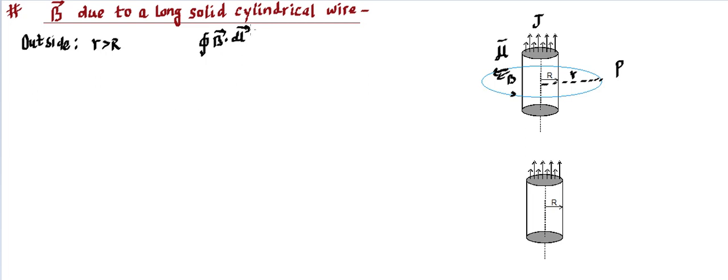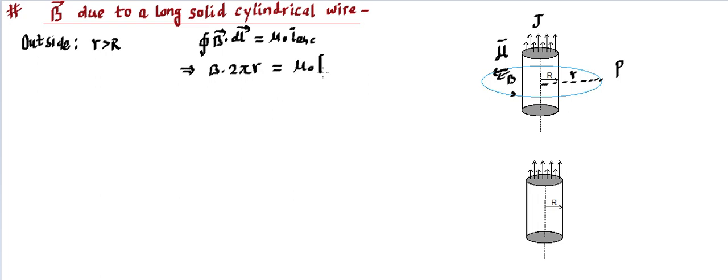This is going to be equal to mu naught into I enclosed. Now we have solved this left hand side several times, then you'll find it's going to be B into dl cos theta. B will be constant, so it can be taken outside, cos theta will become cos 0, so it becomes integration dl, which is going to be 2 pi r. So I'm writing directly into mu naught.